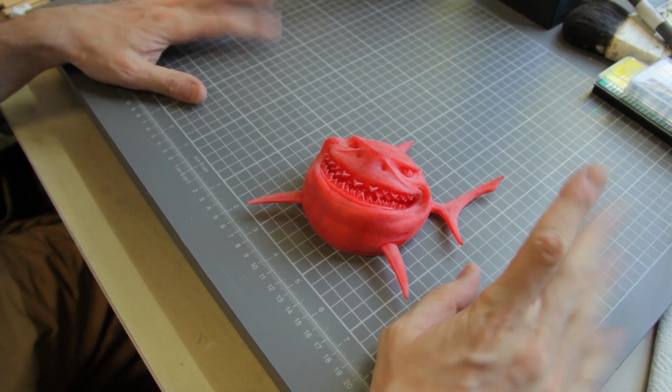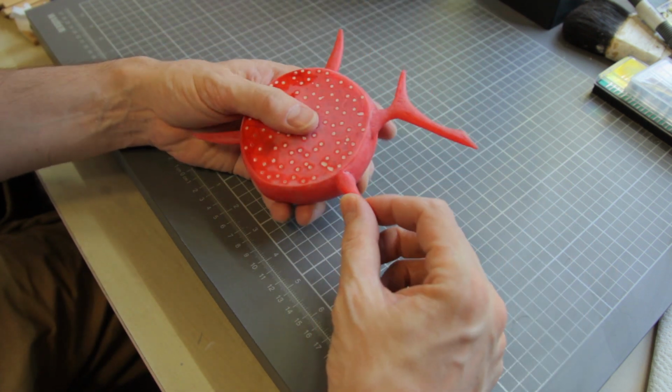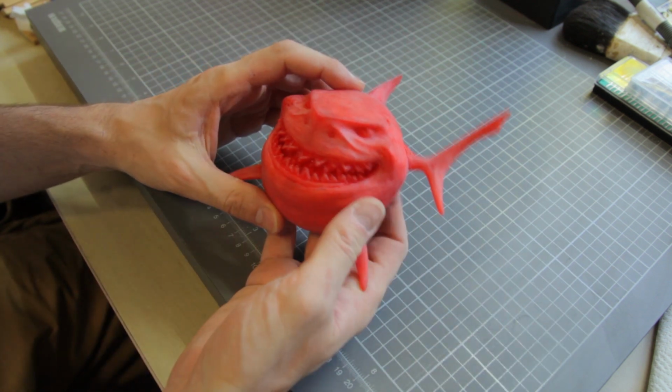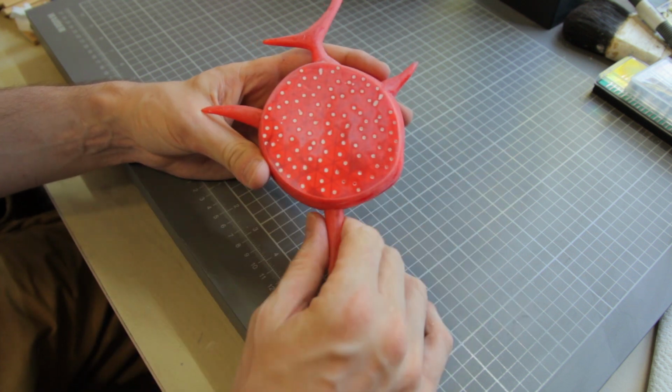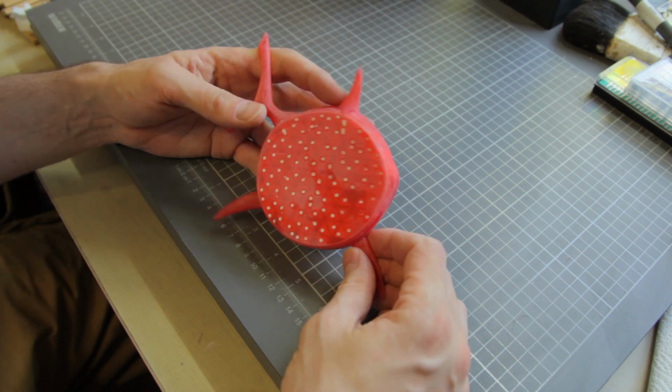I don't like it. So yeah, I normally do not drill a million holes in the back, because if I want to metal plate this, then I'm going to have to clean them all up and seal it. Otherwise that's going to contaminate my plating solution. But anyway,